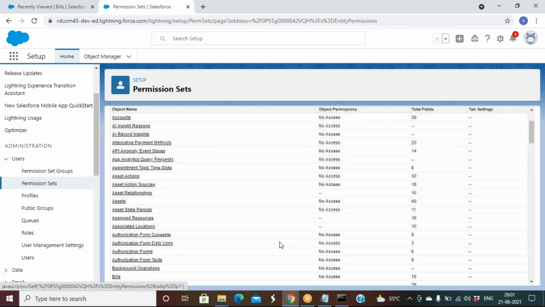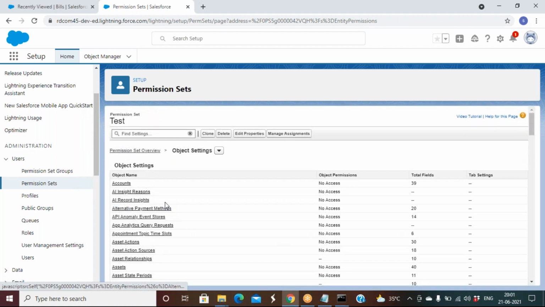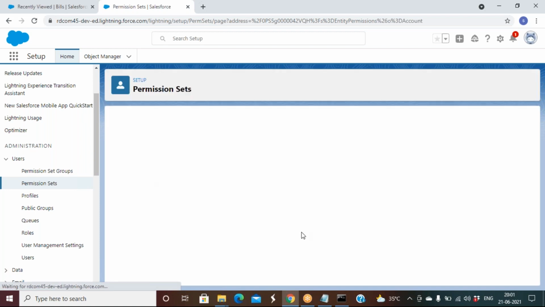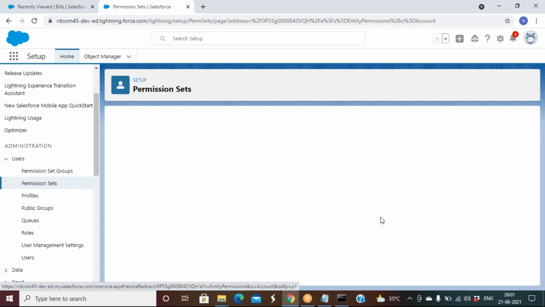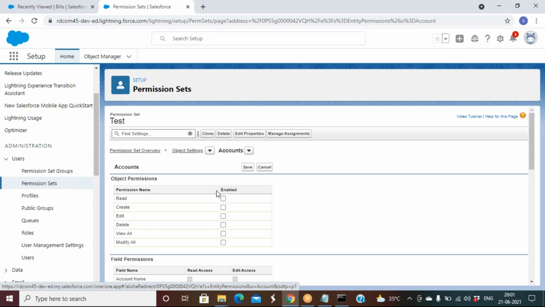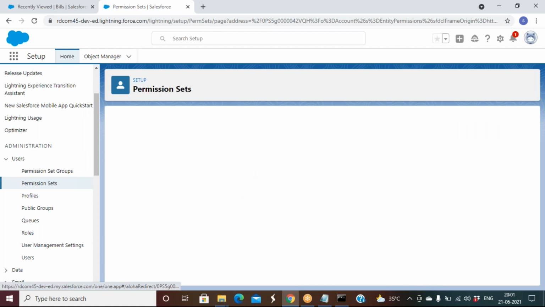Whichever object you want to give, select the Account object, edit this one. Select everything: I want to give read access, edit access, delete access, view all, modify all. So now I added two things, app and object. So this is my permission set.